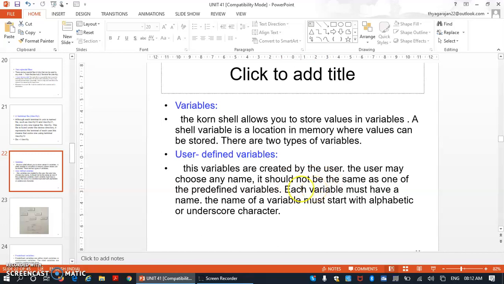The user can choose any name, but it should not be the same as one of the predefined variables. One important point to remember is that whatever variable is used in your shell program must not be a predefined variable. Each variable must have a name. The name of a variable must start with an alphabetic character or